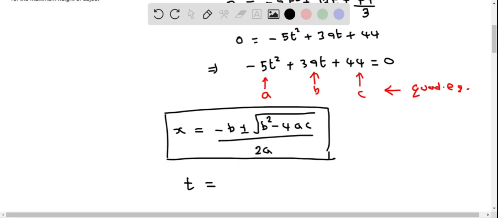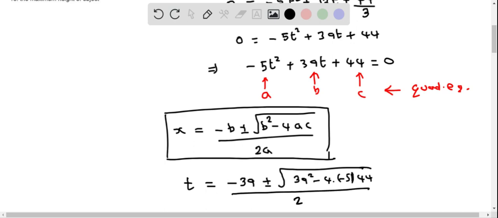So I put t equal to negative b, so you can substitute the value of negative b. So I put negative and b equals 39. So it becomes minus 39 plus or minus the square root of b square, which is 39 square, minus 4 times a, which is negative 5, and then c is 44, over 2 times a, which is